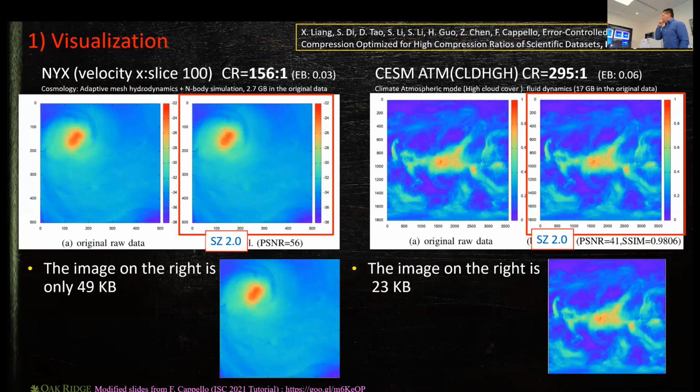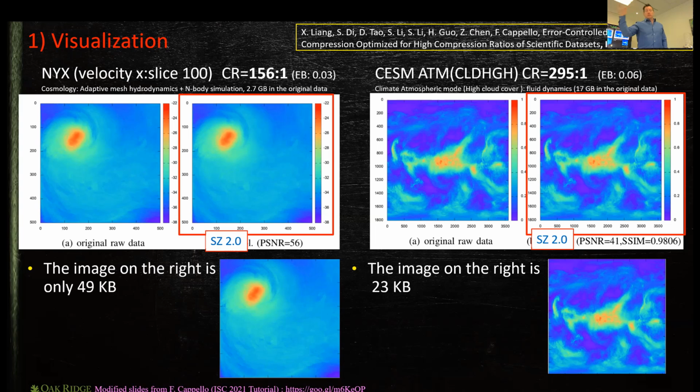So let's examine this. Now, again, I told you I'm going to make a little bit of fun with this. This is kind of like, to me, the eye test. Okay? This was the original data. It was from this cosmology code. What I'll say is it was very simple, meaning they didn't have much physics because the data size was only on the order of several gigabytes for every variable across the simulation. And I don't know why you would compress it, but they did. And they showed that they could compress this with their technology, which is called SZ, which is good and has some really good use cases.